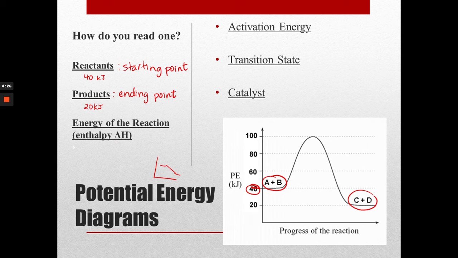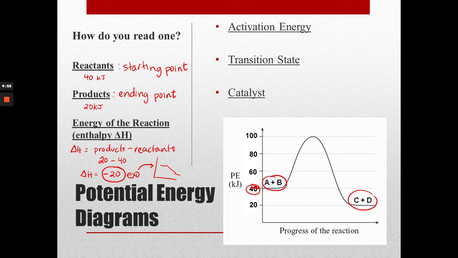So our delta H, remember, is products minus reactants. Our products were 20 kilojoules and our reactants were 40. So 20 minus 40 is negative 20 for our delta H value. Negative means exothermic, which is what this little picture helps me see. So this is an